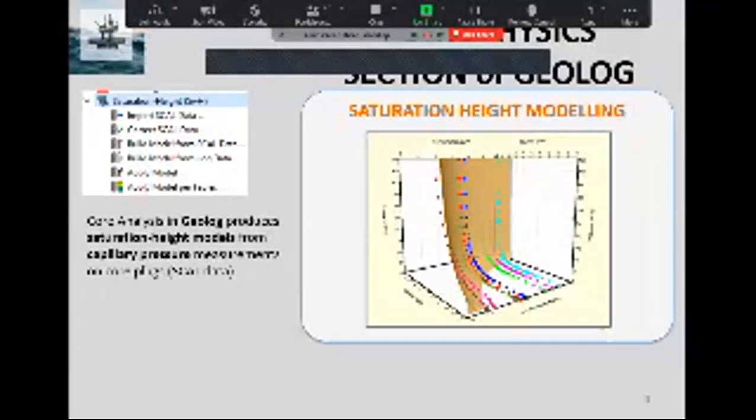Core analysis saturation height models are